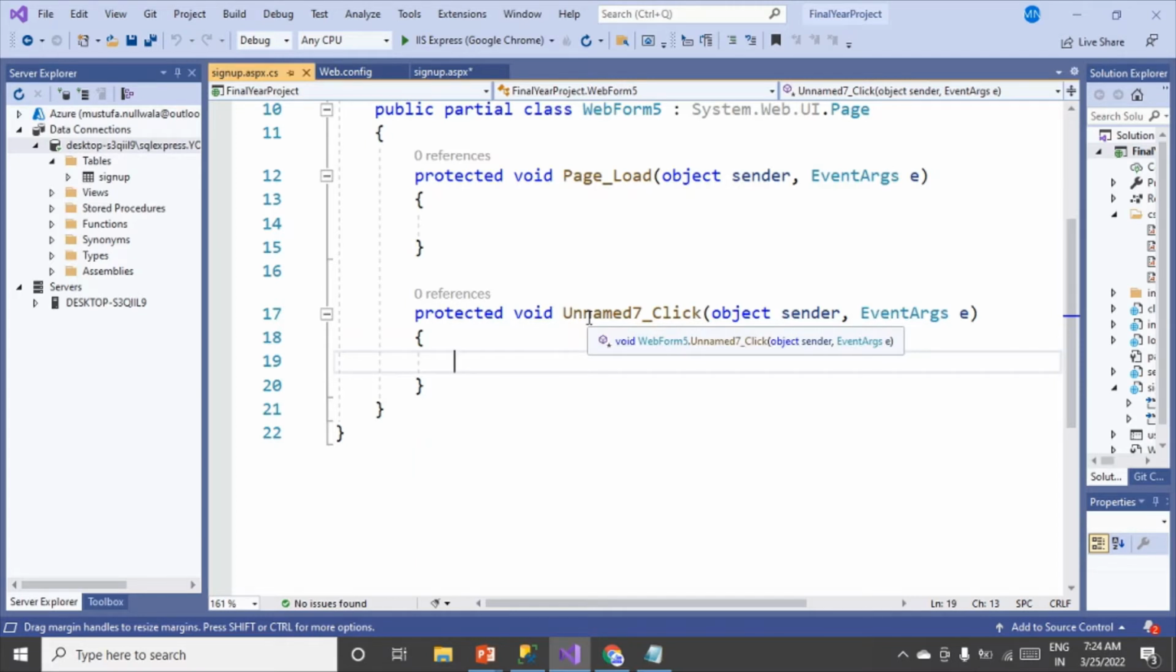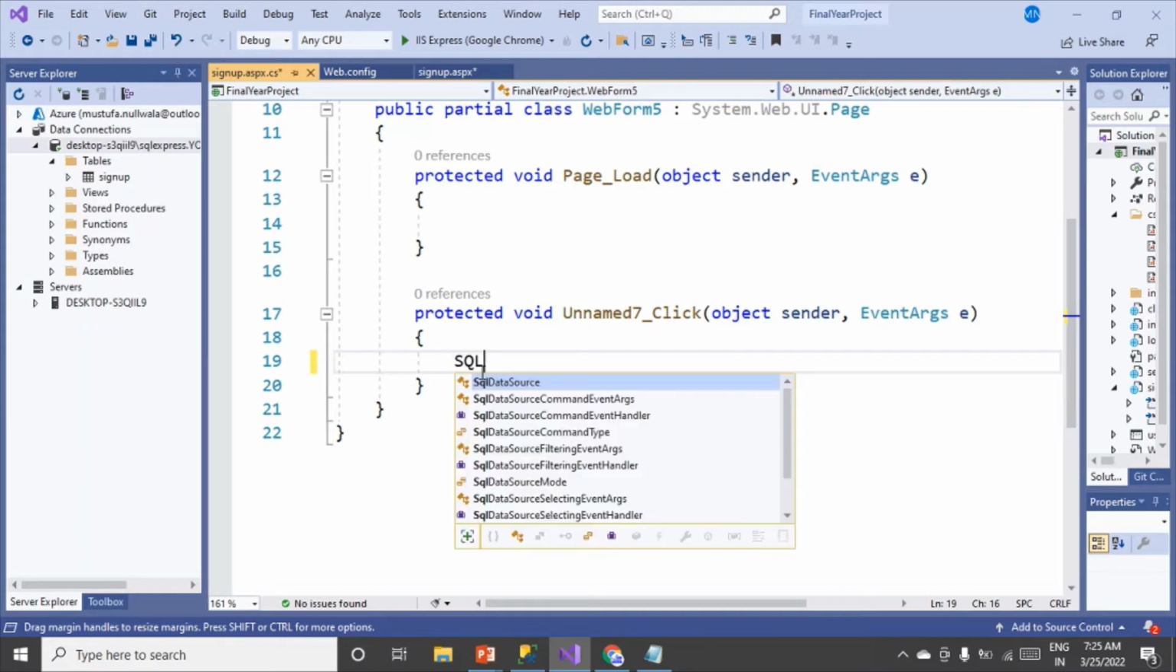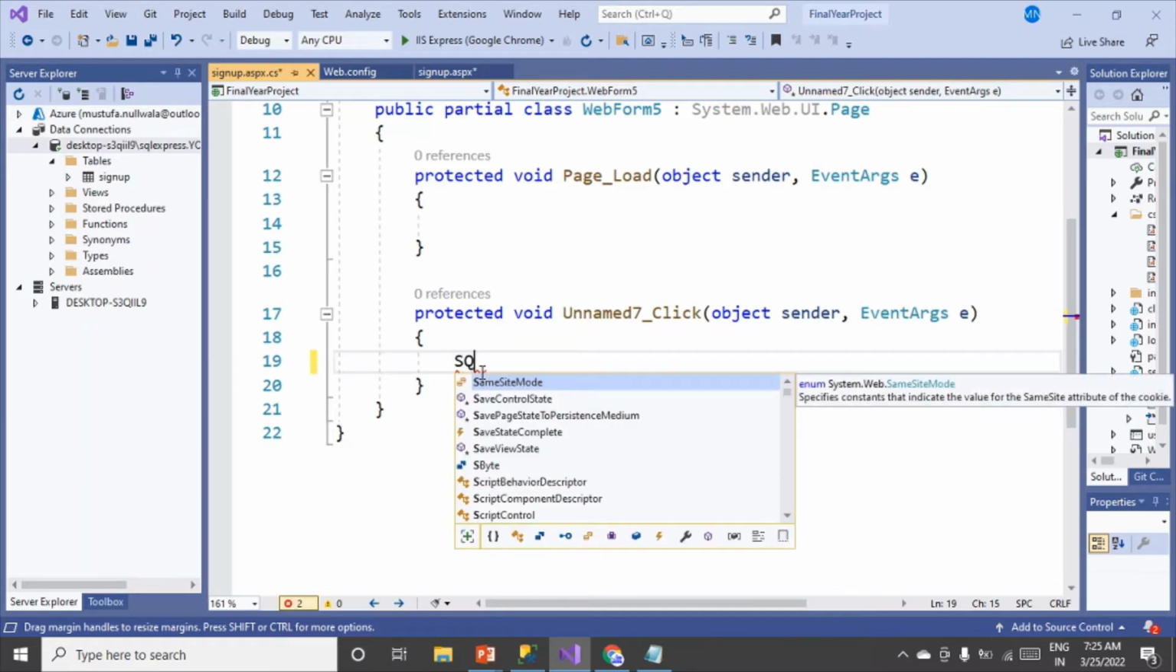So basically this is the event registered with that button. Whenever you click the button, whatever things will happen, you have to write the code here for that. Now let me begin with the first thing. The first thing we want here is a connection object. Not only the connection, you need an SQL connection object. So let me write